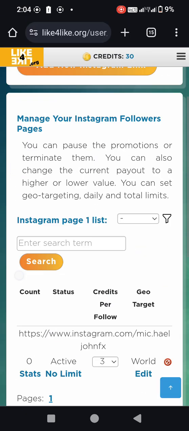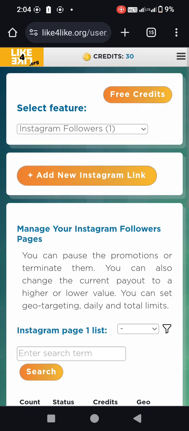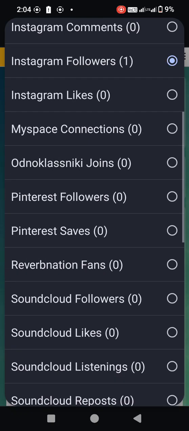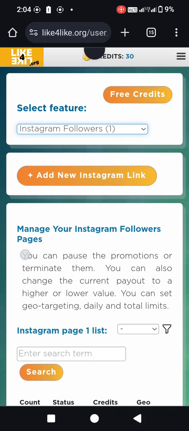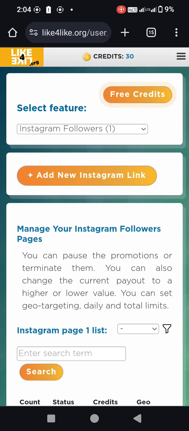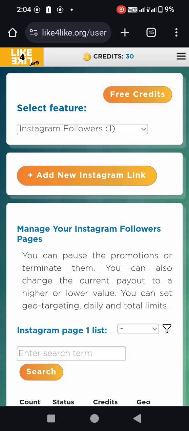So anything you can change it here, but you don't use this 30 coin to boost your Instagram account. So you can add a new Instagram account, or come and select any type of thing that you want to boost if you get free coin. So you see free credits. These free credits, you have to go and perform a task. So now you can come to